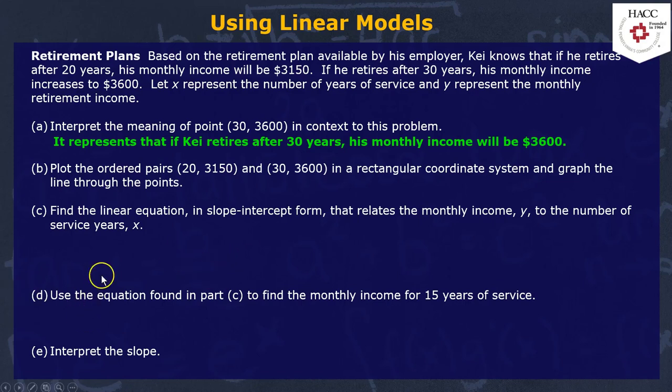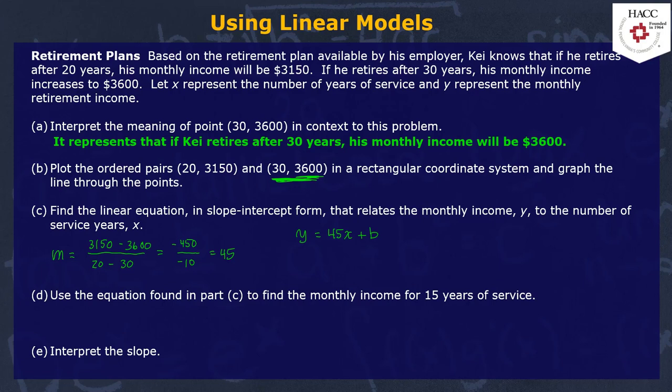So I calculated the slope as we had been doing in the previous examples from this lesson. And so I get a slope of 45, and I'll talk about what that 45 means momentarily. And I set up y equals 45x plus b, and I'm going to make use of the point (30, 3600). I could have also chosen to make use of (20, 3150), as long as I'm using